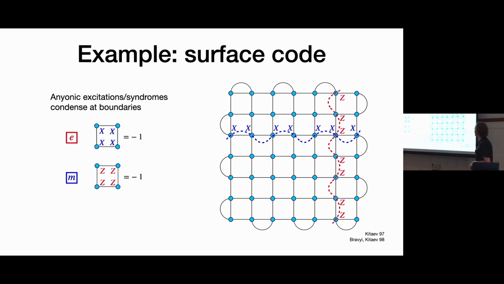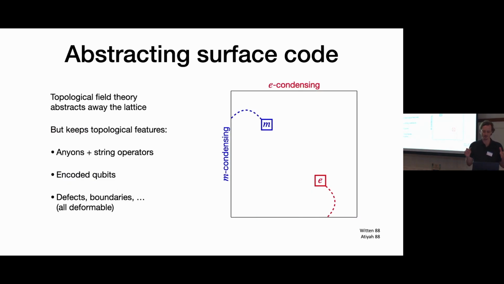Okay. And once you understand these boundaries, you see that there's some global non-contractible strings you can apply to this code. One X type that goes across, and one Z type that goes up and down. And they'll anti-commute because they only hit each other at one point, so they give you a logical pair. They're not going to be the product of any local stabilizers because those always form Z2 trivial loops. And you can see that they nicely anti-commute with each other. Good. So there's some representative logicals.